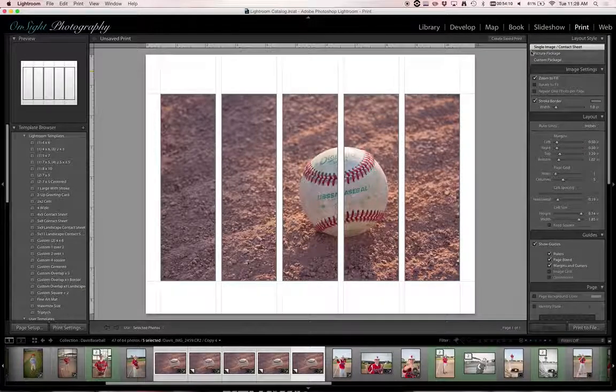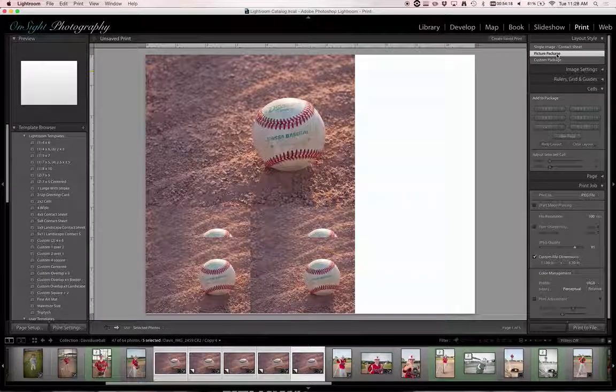For the most part, we've been working with the single image contact sheet for all the ones that we've been playing with. If you go into, and I'll just backtrack for a second, if you go into the picture package, what you're going to notice is the cells panel. You actually get pre-built sizes, like typical image sizes that you can then just add to a document. So if I start with a blank one,